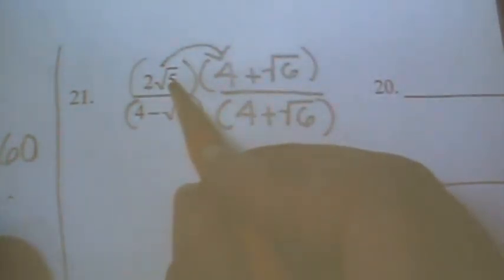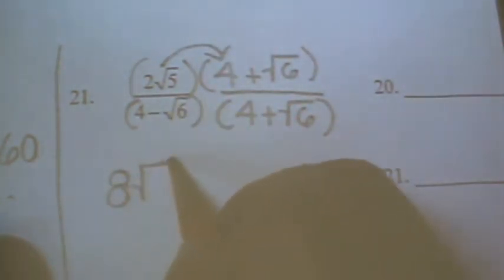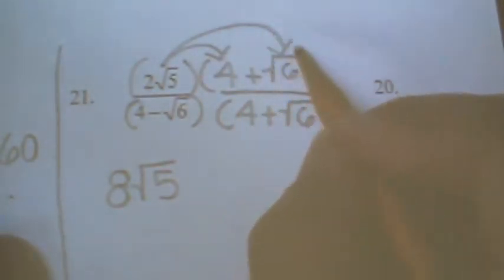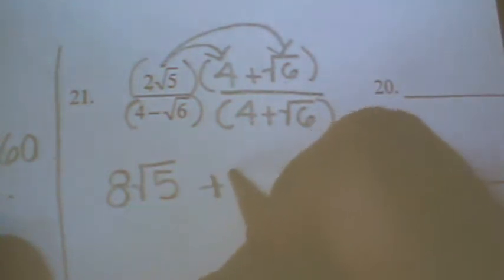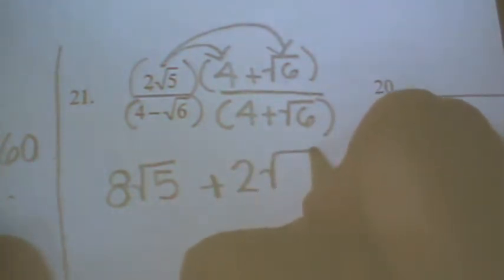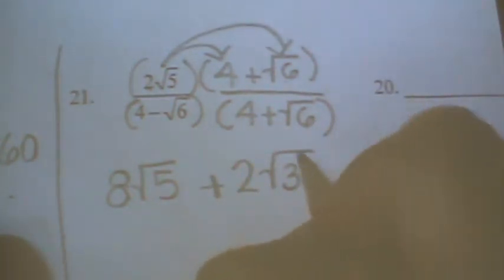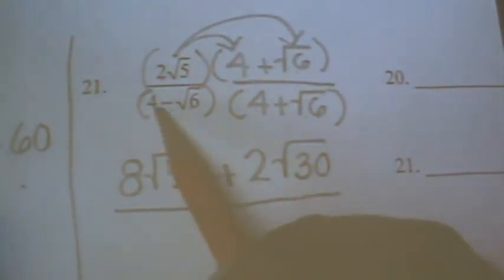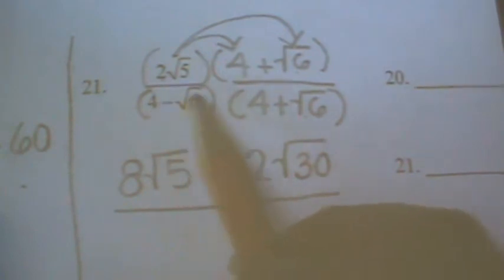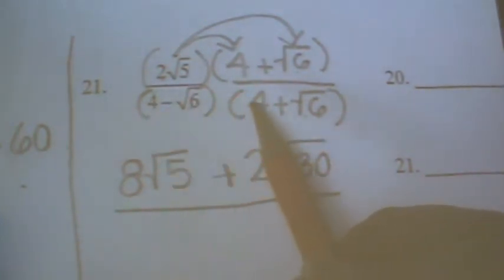Okay, so now what's 2 root 5 times 4? 2 root 5 times 4. 8 root 5. What's 2 root 5 times root 6? 2 root 5 times root 6. 2 root 30. Okay, bottom. Now these are conjugates. Do we have to FOIL this one? No, just F and L. F and L. So this times this is